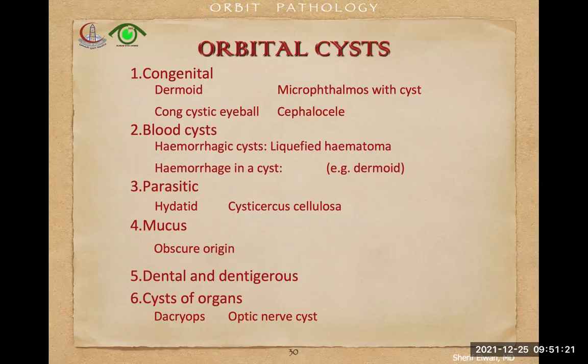Mucous cyst is a cyst with a capsule full of mucus. Its origin is not known so far. It's one of the rare cysts. Dental and indigenous cysts are due to abnormalities during the formation of the branchial arches, embryologically speaking. And cysts of organs, like a cyst in the lacrimal gland called dacryops, or a cyst in the optic nerve